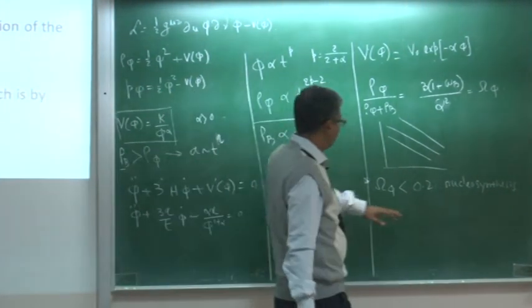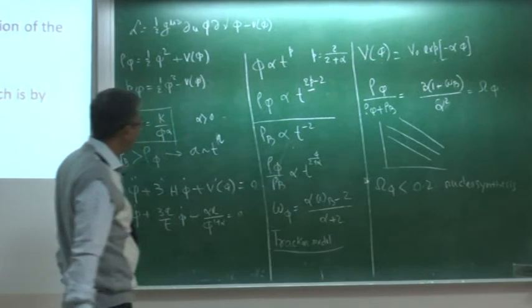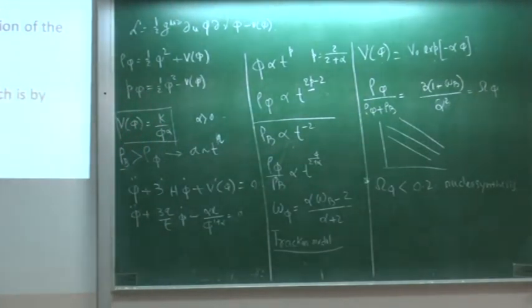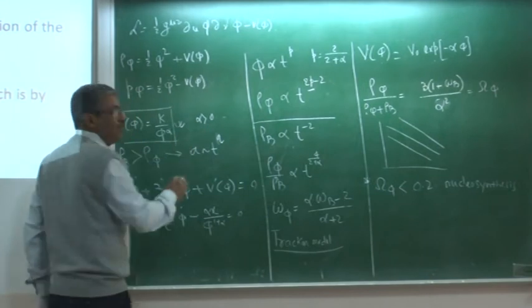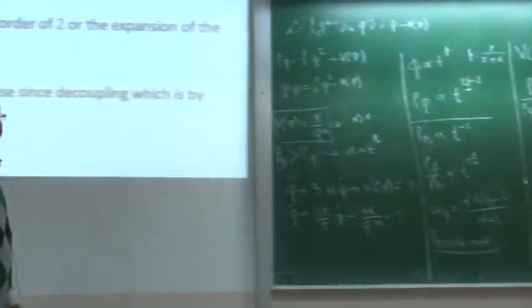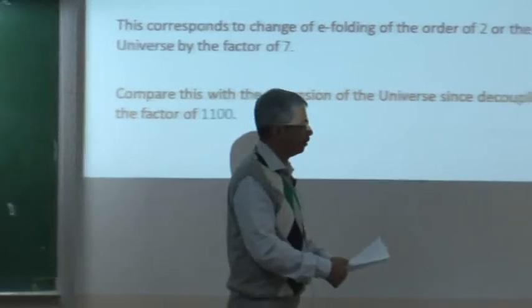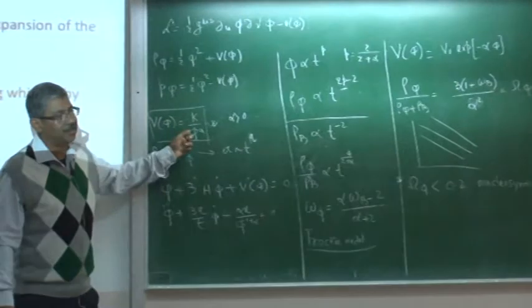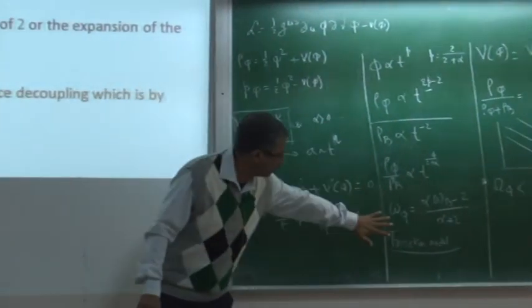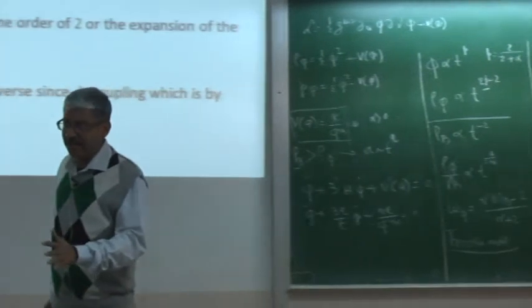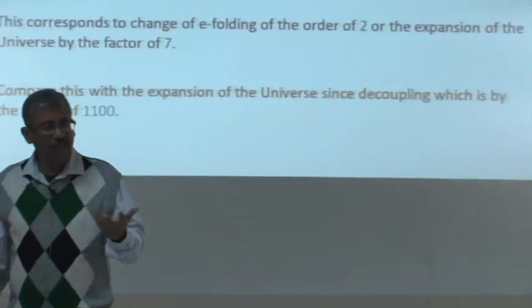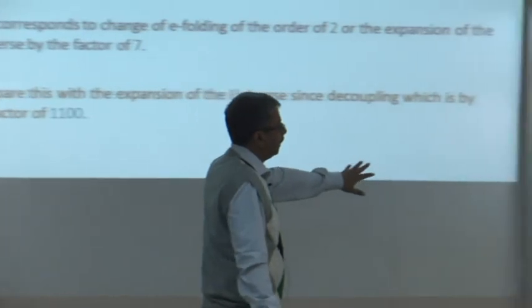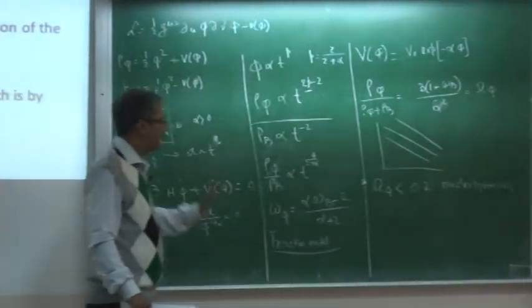So now, as the next step, we start from here and write what is called the autonomous system, and from there we try to show what kind of condition, in general, I can put on the potential so that this kind of tracker model can happen. This may be one form of potential, but other forms of potential can give rise to this kind of thing. So we have to get a constraint on the potential form so that I can get a tracker kind of thing. So that I do.